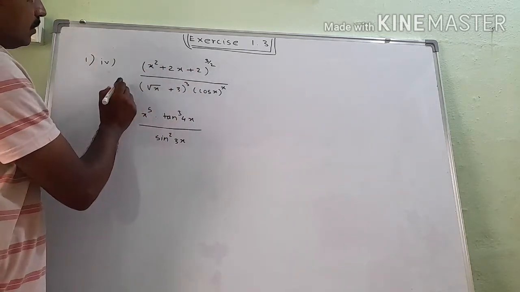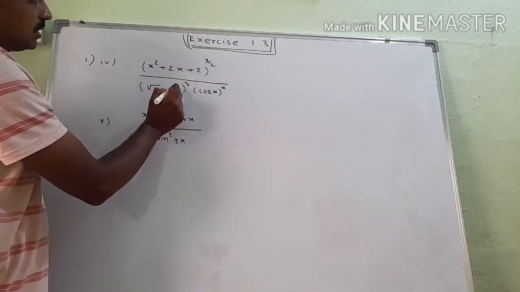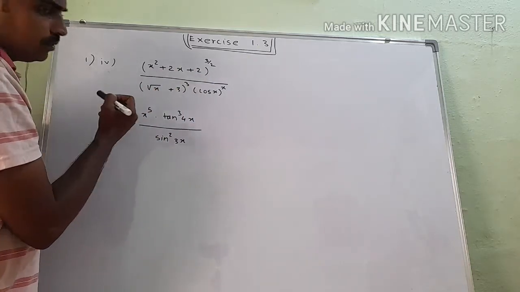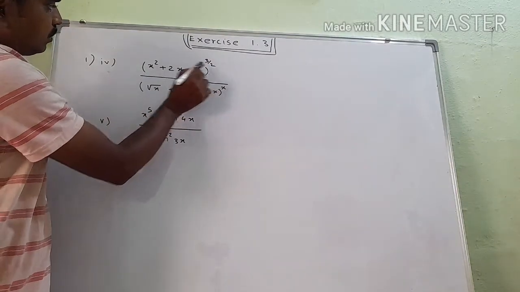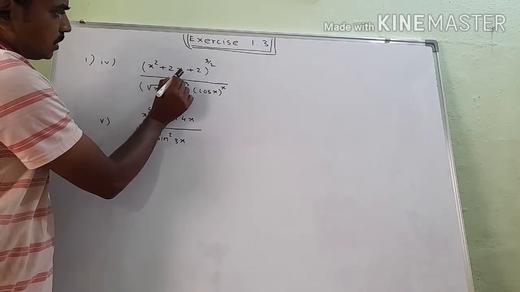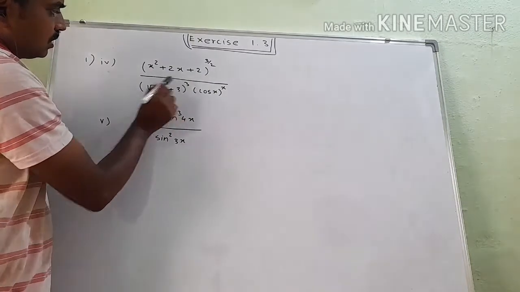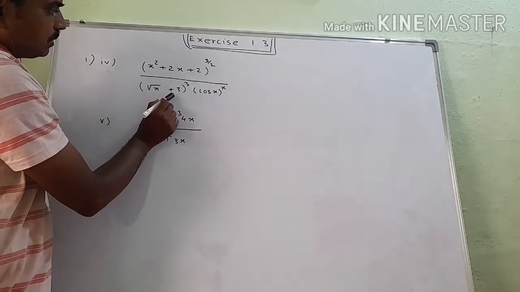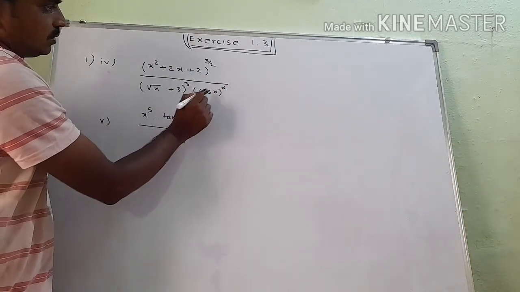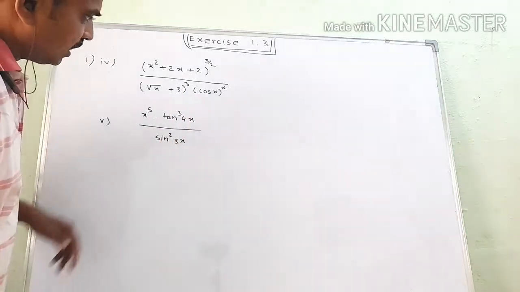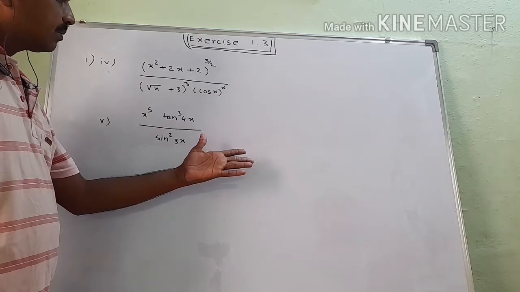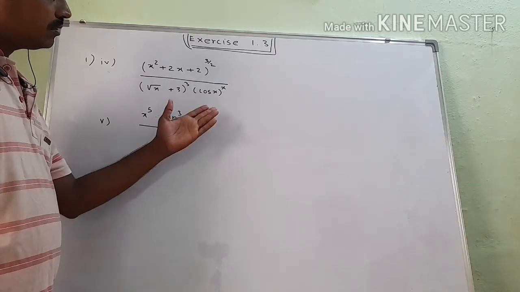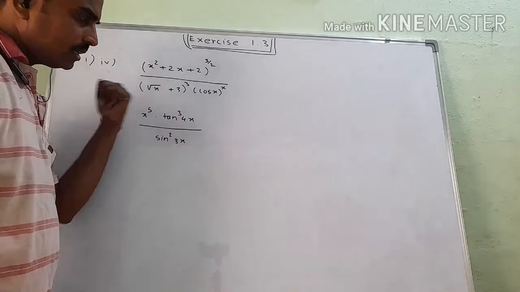First of all, we will write y equal to the given expression as it is. Then by taking log on both sides, which expression will occur? Log y equal to 3/2 into log of x square plus 2x plus 2 minus 3 into log of root x plus 3 minus x into log of cos x. By writing this equation, we can differentiate both sides with respect to x, and like the previous example, we can easily solve it.